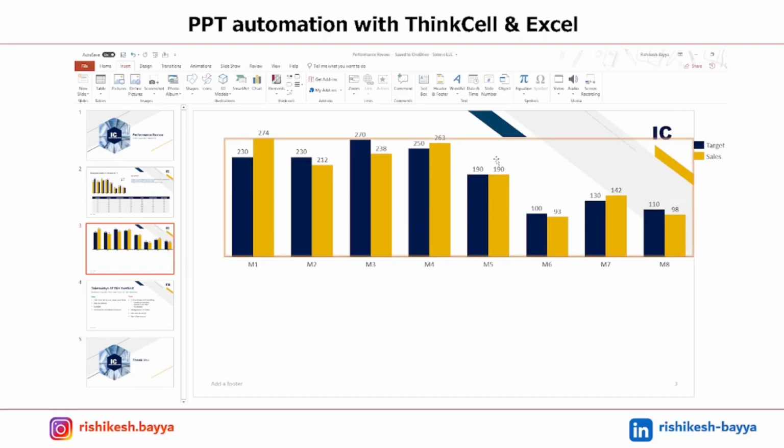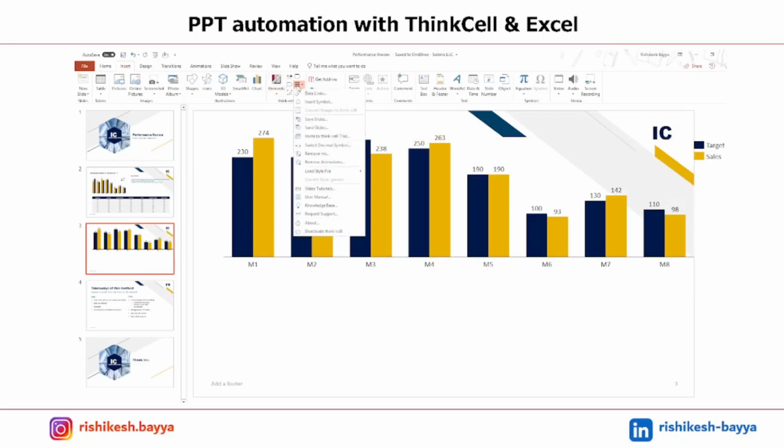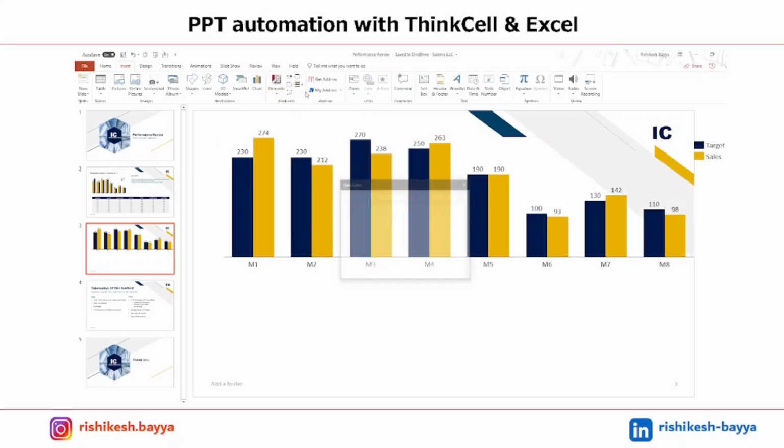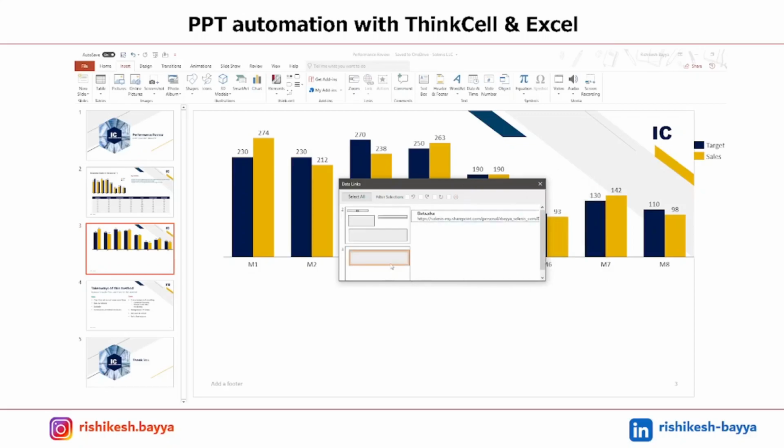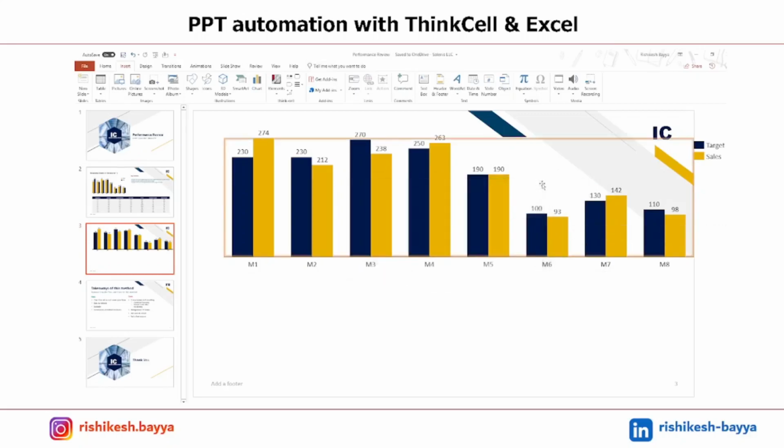How you know is you can see earlier the highlighting box was in green color. Now it is red, orange color, right? So that itself indicates that it is linked. Or otherwise, you can also go to the data link section here, and you can see what all links we have. So this is slide number 3, right? So slide number 3 just tells us there is an object here which is linked to this particular location of the Excel, right? So this is how you prepare your chart and link it to the backend data.